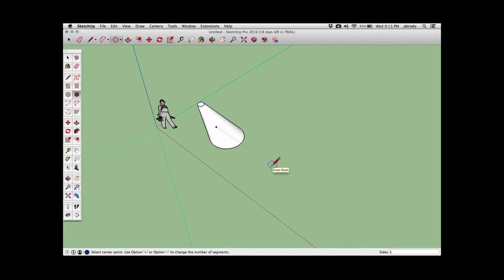Watch what happens when I hold down the Option key and click plus. See how the number of segments change? So if I wanted an octagon, for example, I just click it a couple of times, and I can draw an octagon. Now let's say I want to make another one, and again, I have to re-invoke the command